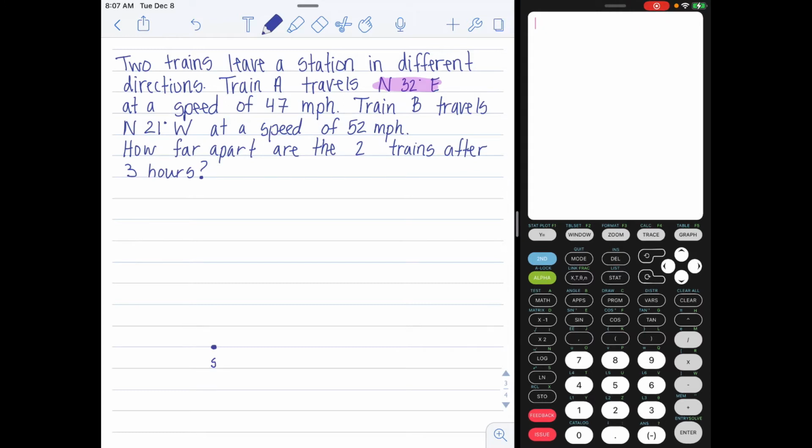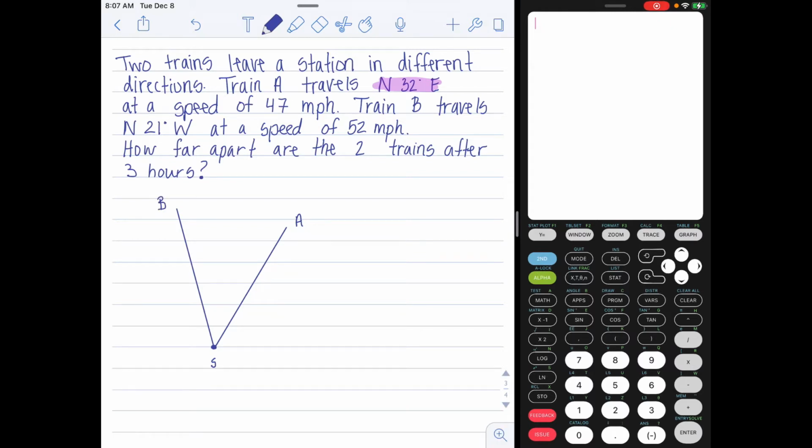Train A is going northeast, so that should go roughly something like that. And I'm going to label that as A so I know. And then B is going northwest